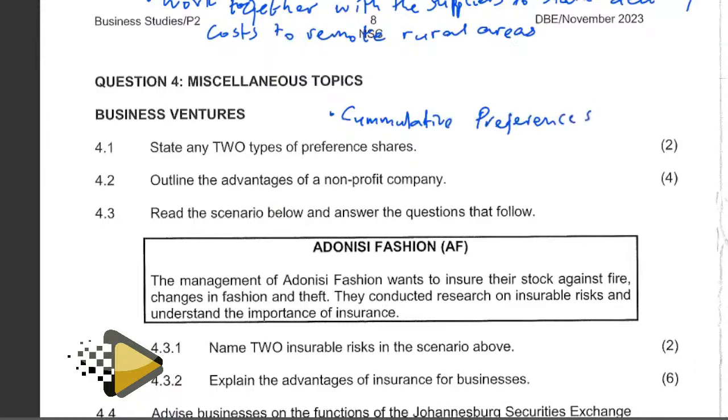preference shares and non-cumulative preference shares. Okay, right. So now remember, when you talk of preference shares or shares,